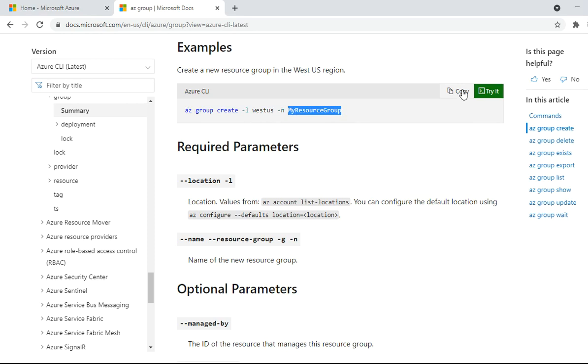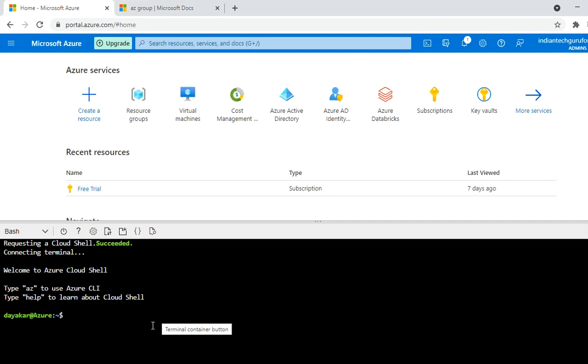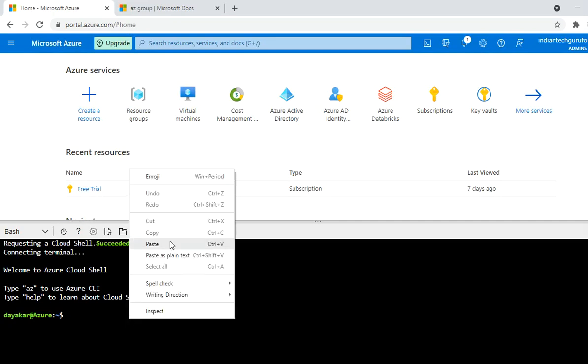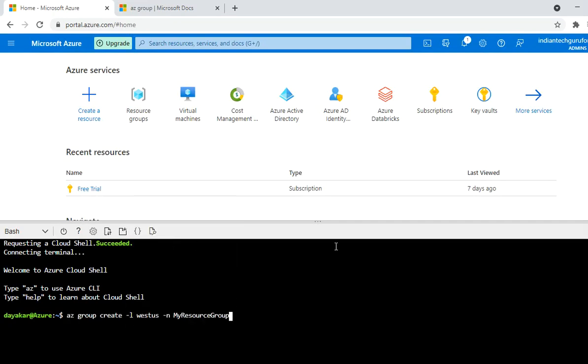So just copy this command, then open the Cloud Shell window, then right click and then click on paste. So now I will change some parameters. Instead of West US, I want to take West India, and then instead of my resource group, I want to take it as Dayakar RG.